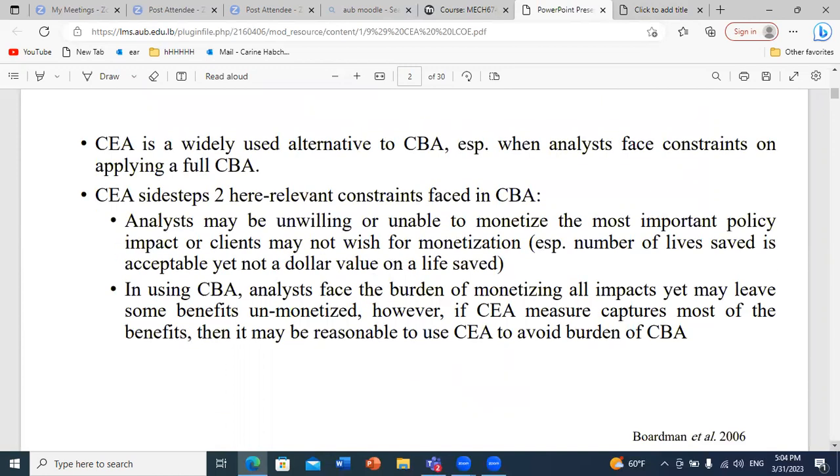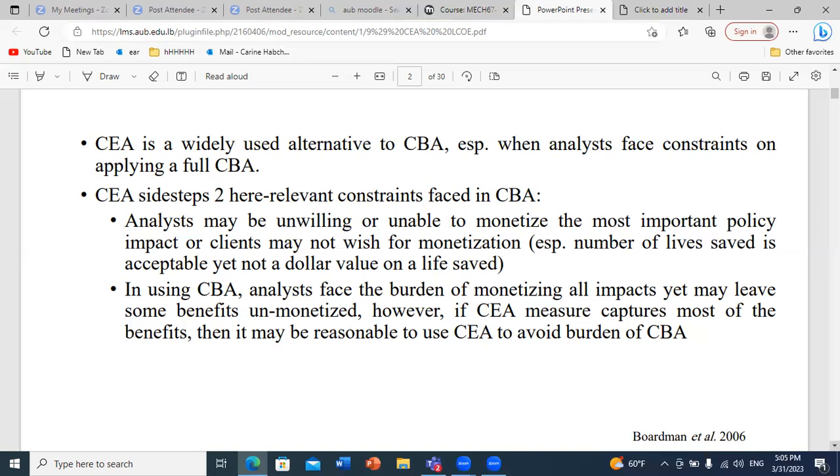To start with, CEA is a widely used alternative to CBA, especially when analysts face constraints on applying a full CBA. And as we have discussed, one of the main problems of CBA is that it cannot take factors that cannot be computed by money, such as the number of lives saved, or the probability of higher accident numbers. So analysts may be unwilling or unable to monetize the most important policy impact, or clients may not wish for a monetization. The number of lives saved, for example, is a very important criterion, but we cannot monetize it. We cannot say this amount of money is equivalent to a